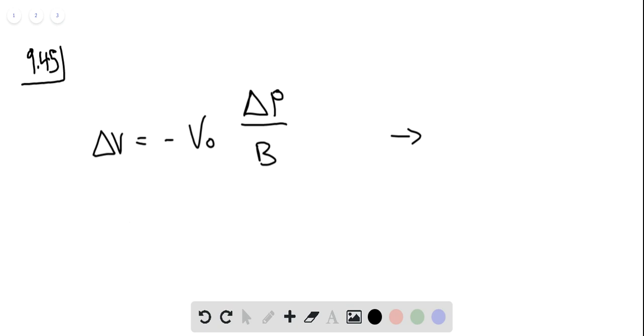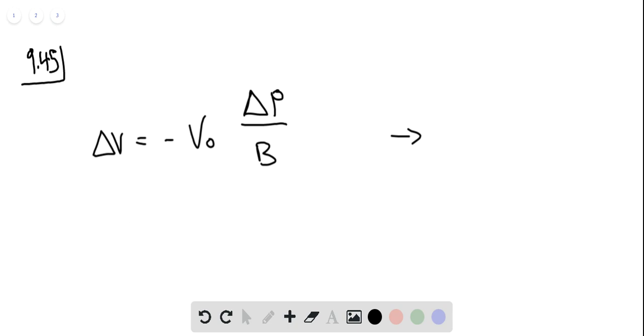Now, if we want to compress the volume of the iron block by 0.10%, we want to take this and convert it to a number we can use. We know that when we multiply a ratio by 100, we can get the percent out of it. So we should divide the percentage by 100 to get the number out. That's for later anyway. But here we're going to be using this equation, which relates volume to pressure via the